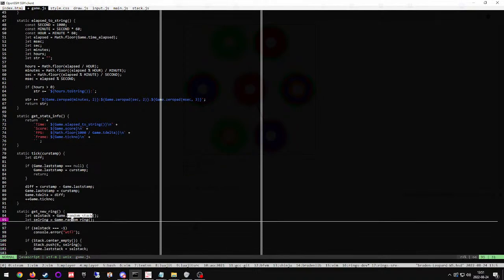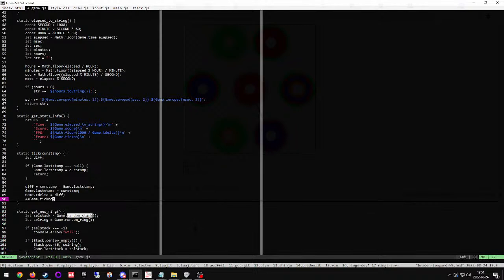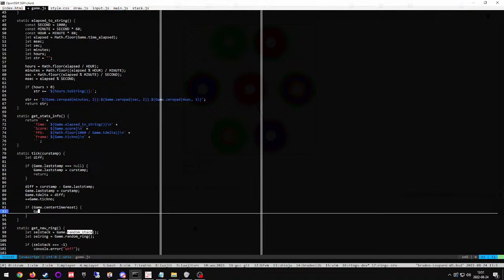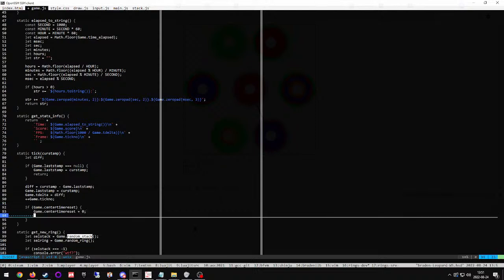So in our tick function, what we need to do is if game.center time reset, then game.center time reset equals 0. Game dot